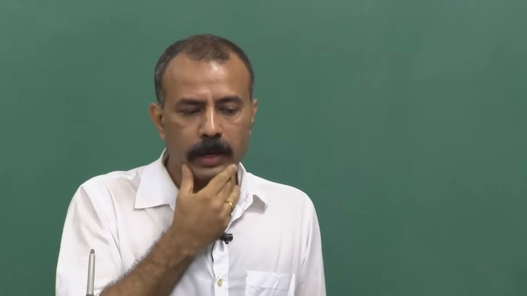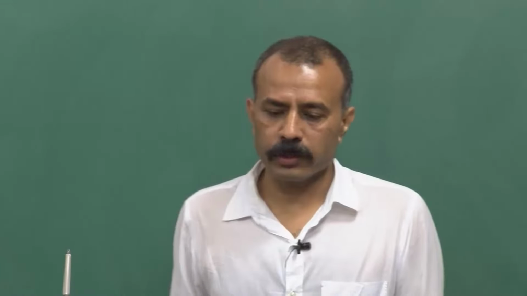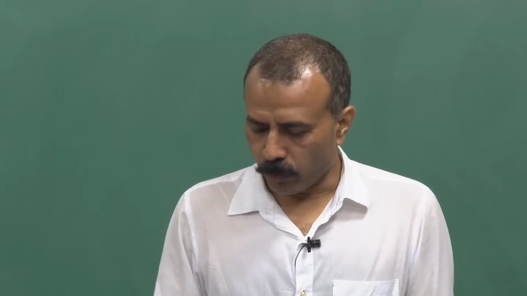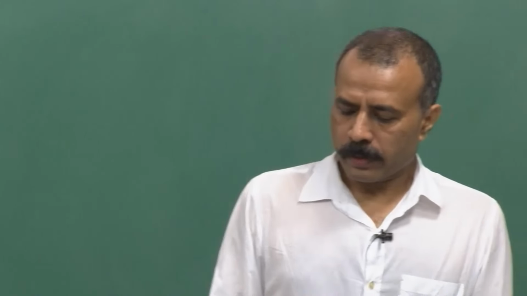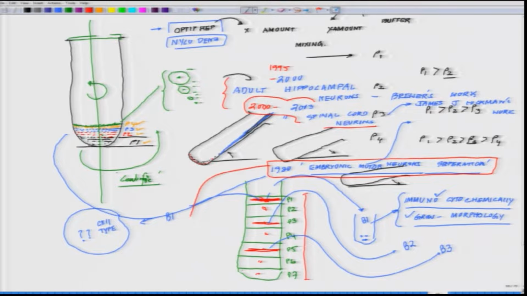In the last class I introduced and we talked extensively about density gradient centrifugation. If we go back to the class you will realize that I told you that most of this work was achieved on adult hippocampal neurons around 1995 to 2000, then between 2000 and 2003 much of these technologies were translated for spinal cord neurons. I told you around the 1980s, embryonic motor neuron separation followed density gradient centrifugation. So,